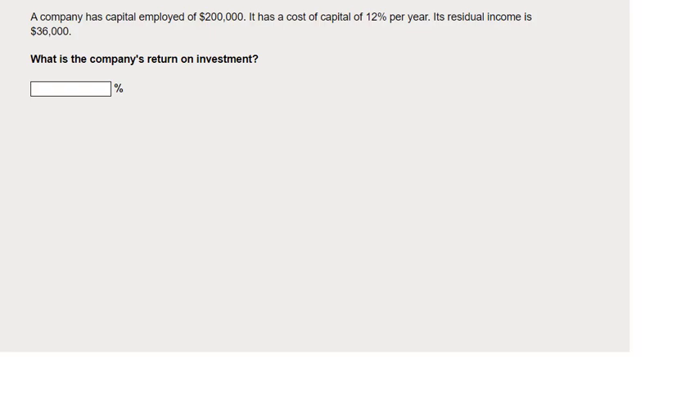A tricky calculation question, this one. It looks easy to start off with, but it's deceptively difficult. So we're asked to calculate a company's return on investment. And we're given some figures up here. Capital employed of $200,000, a cost of capital of 12%, and they tell us the residual income of the business,